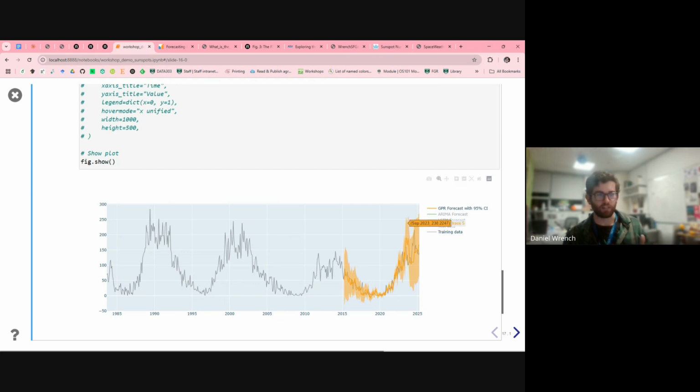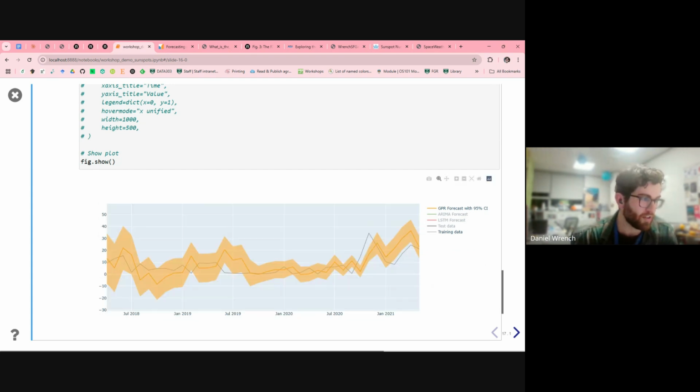I think that's just captured beautifully in the Gaussian process regression. When we get to the peak of the solar cycle that we're currently in, there's a wide range of possible values that it's given at the 95% level, whereas down at the trough, it's really shrunk that uncertainty. It's much more confident about the number of sunspots that will occur